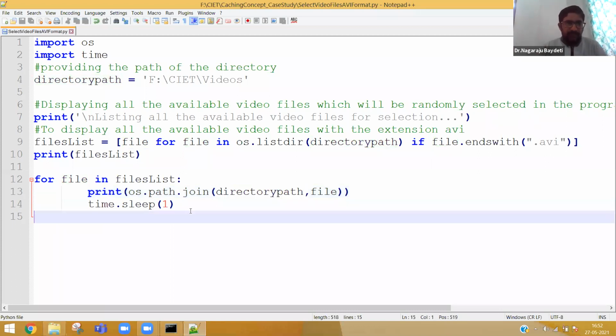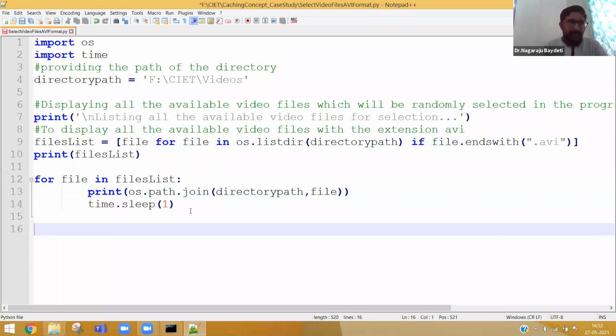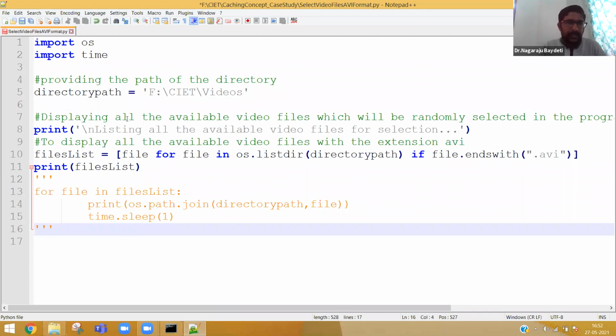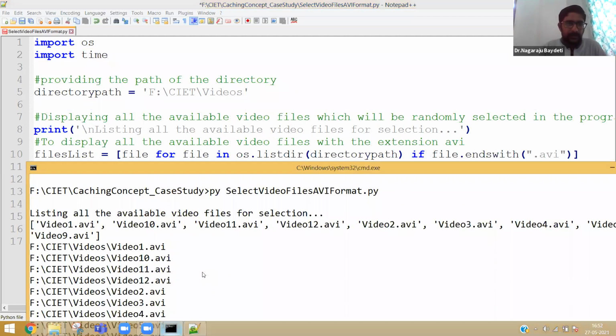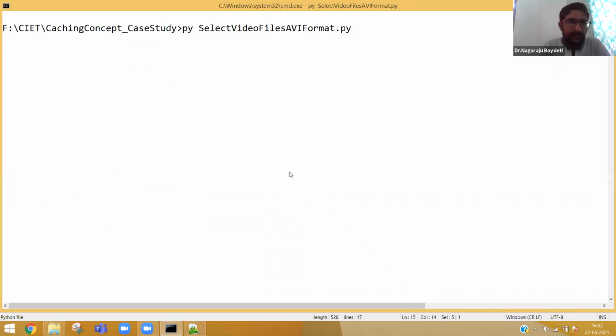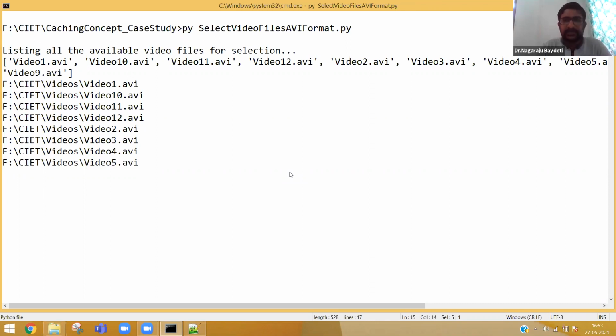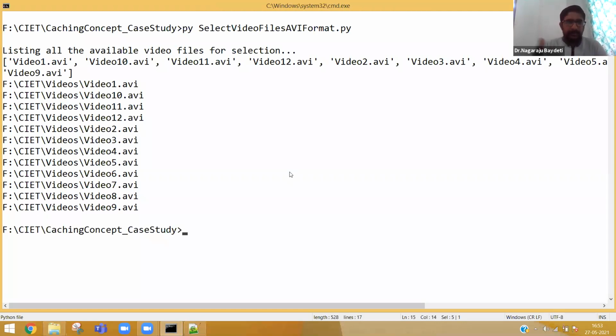Now, if you really want to know, import the random module here. Now you can keep this in comments. What is time dot sleep? There is a time module and a sleep method. You can clearly observe when I am executing the file. Let me show you again. When I am executing the file, see, there is a small gap between the prints. A 1 second gap is there. So I'm just trying to show you in an interactive way. That's why I added the time dot sleep. I believe that you might have observed it clearly.